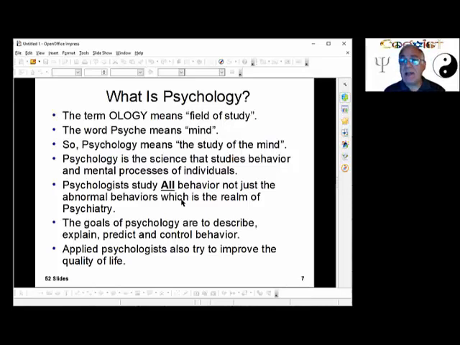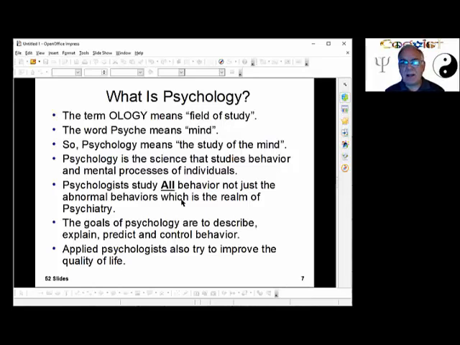So the goals of psychology are to describe, to explain, to predict, and to control behavior. We do not create behavior. A lot of people think we create behavior by making somebody do something, but all we've done is to control the behavior that already exists. We don't create new behavior. We make a particular behavior more prevalent than another behavior, and so the bad behavior sort of disappears as the new good behavior becomes more prevalent. So we don't create behavior, we control behavior, we predict behavior, we describe and we explain behavior.